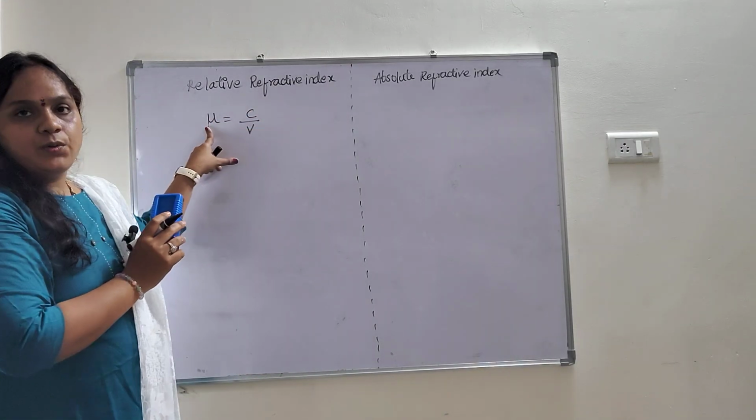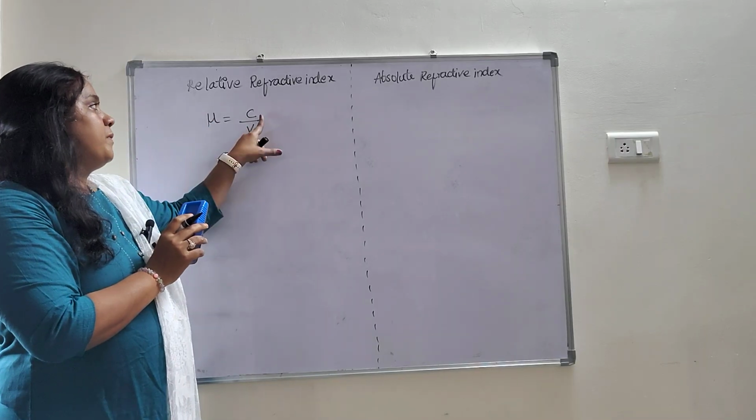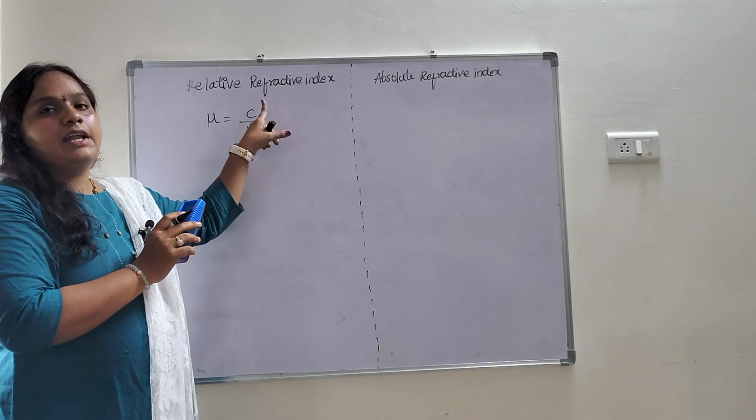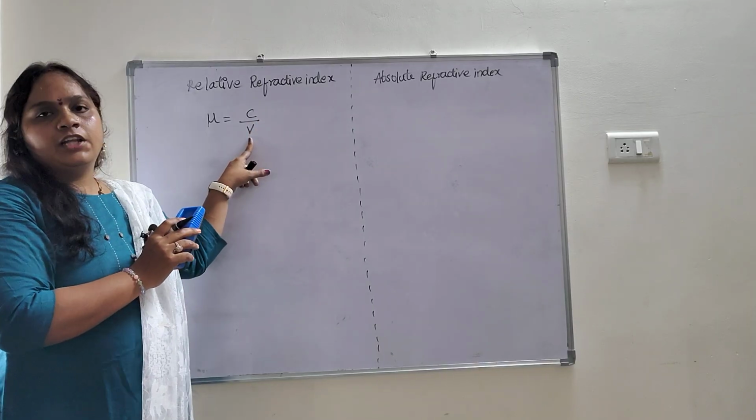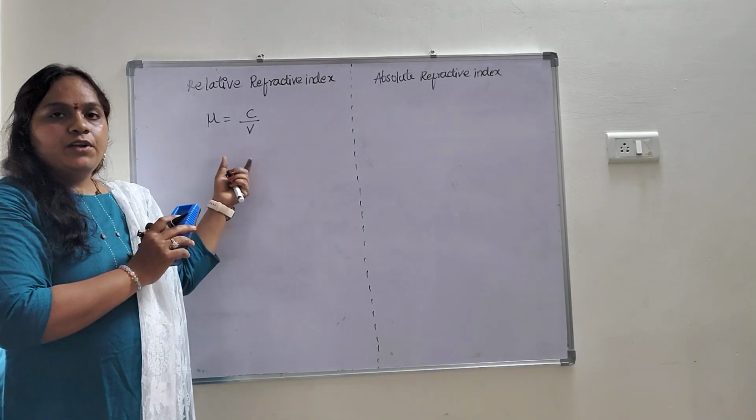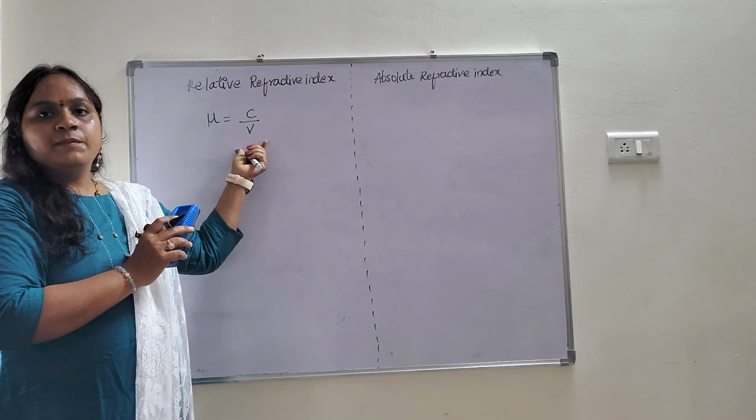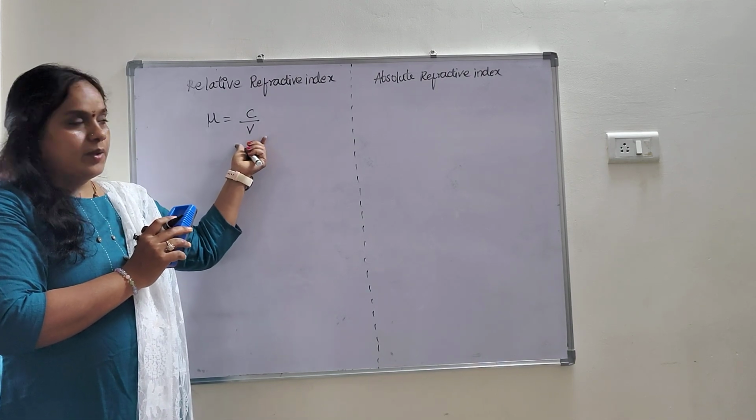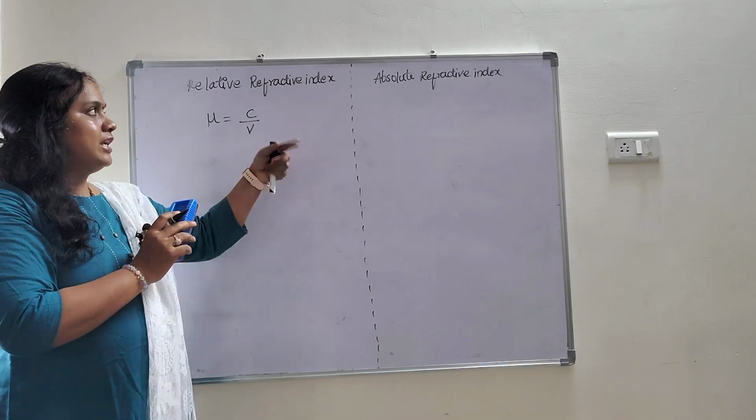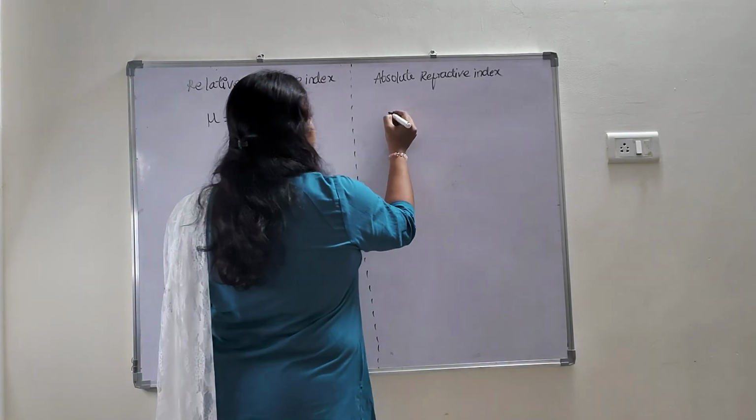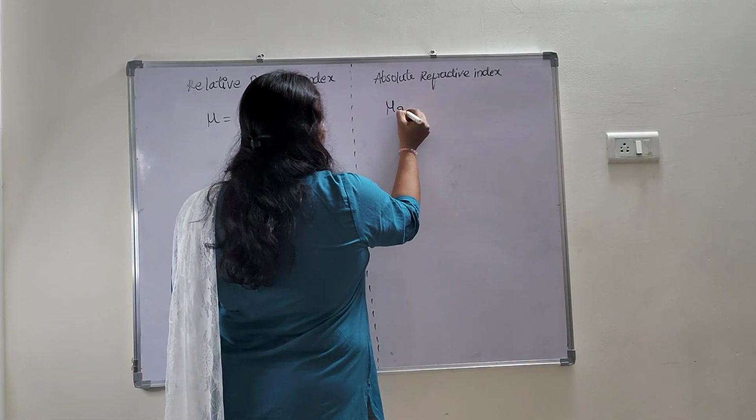That means the refractive index is equal to, in the numerator, the speed of light in air or vacuum, and in the denominator you can take any medium, so the speed of light in that particular medium. Any medium means you can take glass, air, like that. And this is nothing but the relative refractive index, whereas the absolute refractive index is, if you are taking mu 2 1,